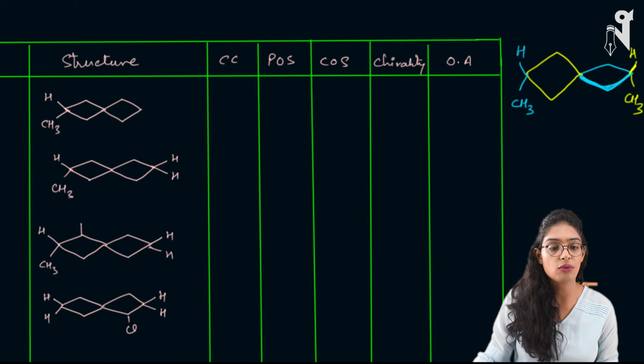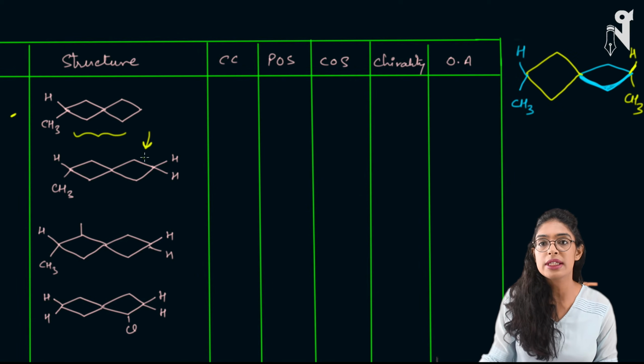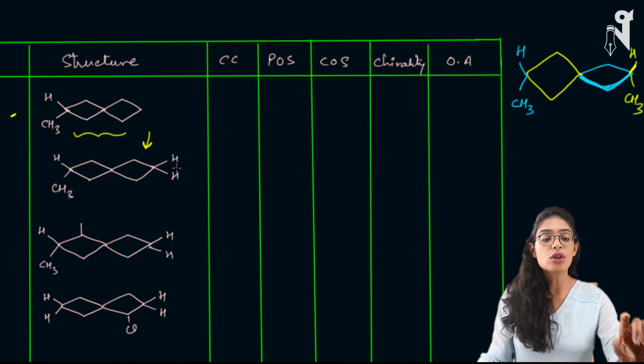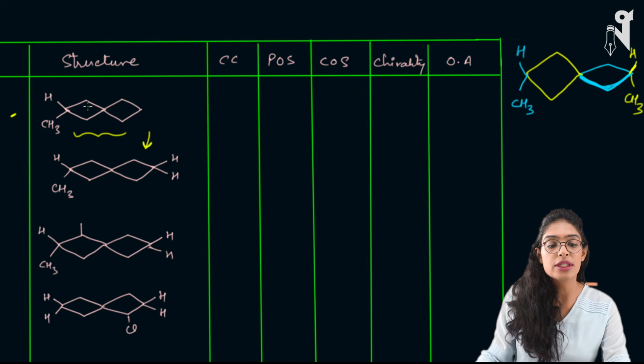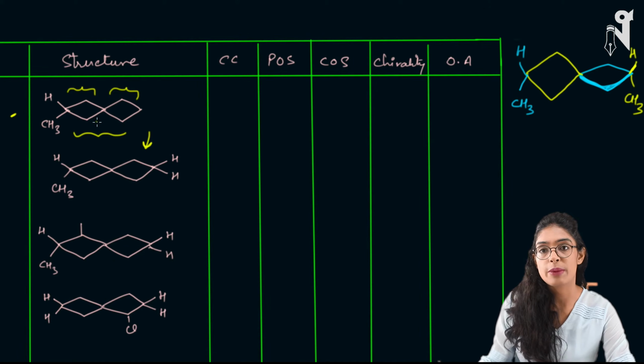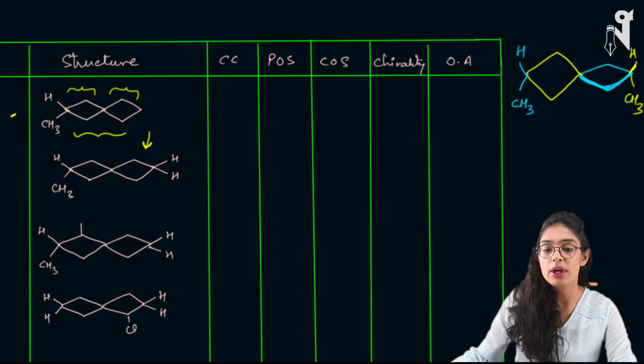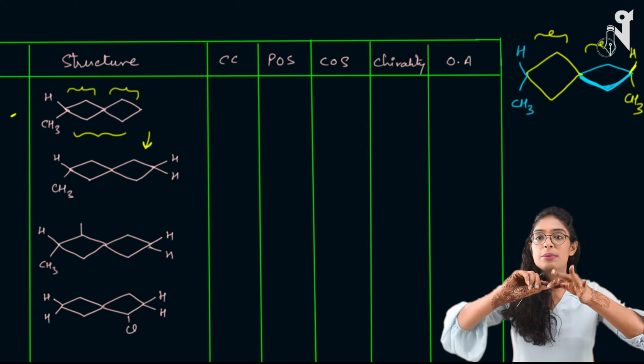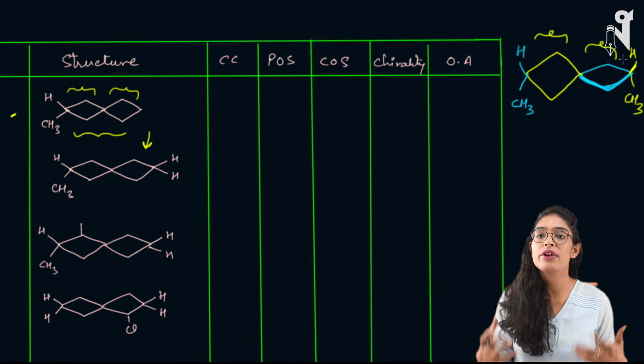So the first compound, what I have mentioned over here, is nothing else but the same compound as this. I've written it twice so that you can see it clearly that there are two hydrogens. Now when you're talking about these two cyclic chains connected to each other, these two cyclic chains are not planar with respect to each other. So one is in one plane, and another is in a different plane. So they are in perpendicular planes to each other. Why? We have already discussed this in geometrical isomerism.